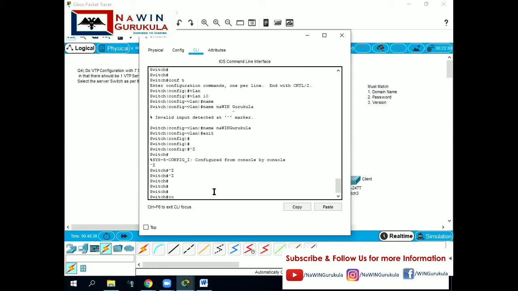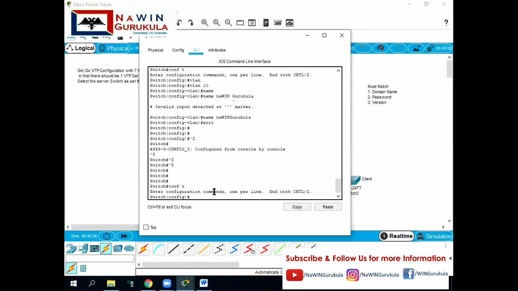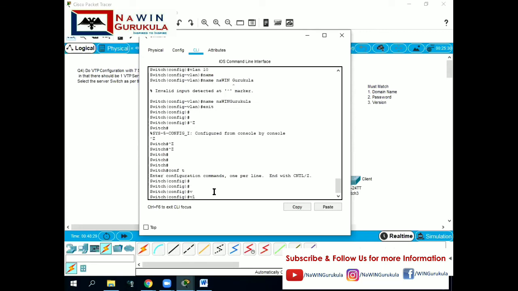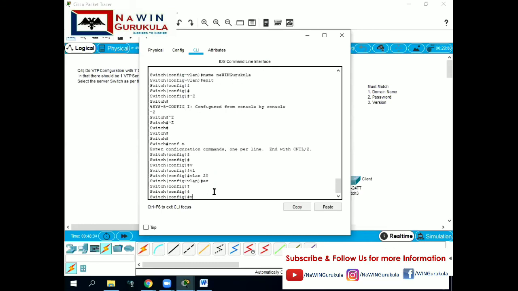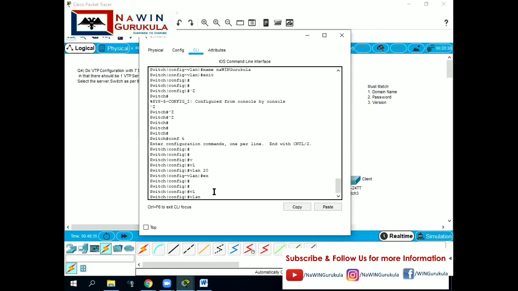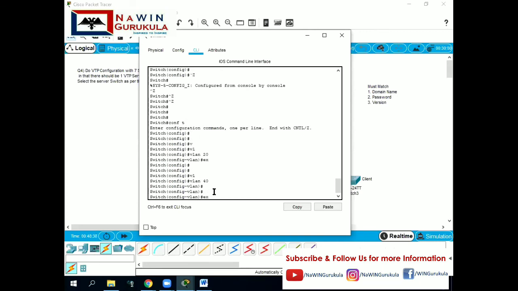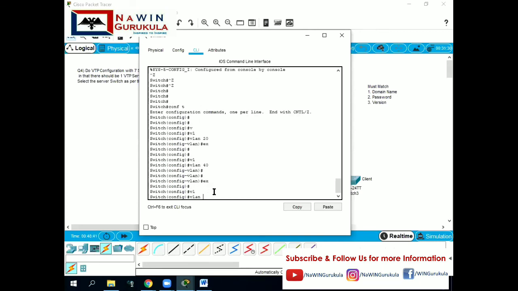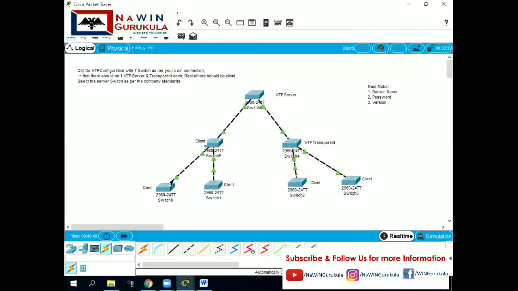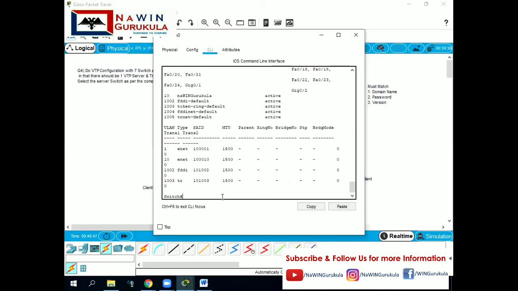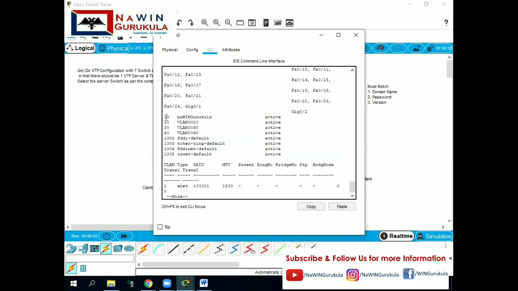For example, I'll add VLAN 20, VLAN 40, VLAN 30. Then we'll go and check. Yes, VLAN 10, VLAN 20, 30, and 40. So it is automatically updating.